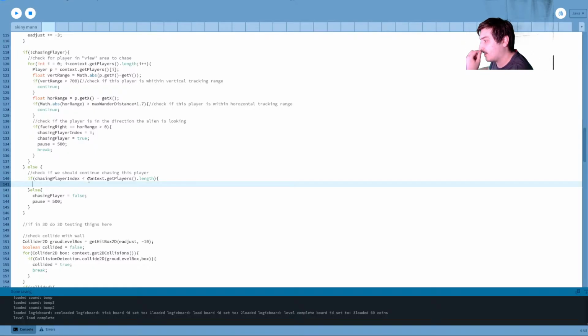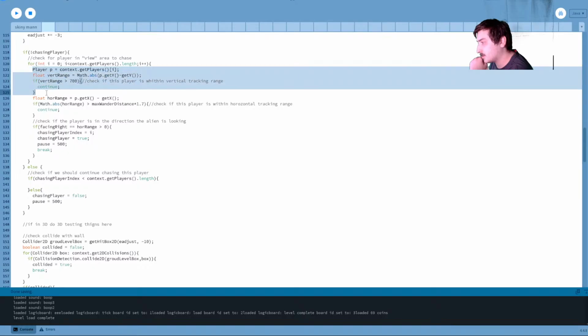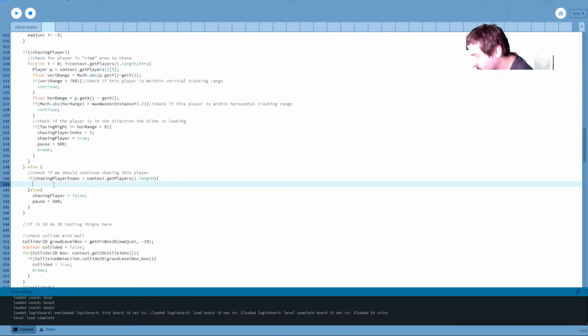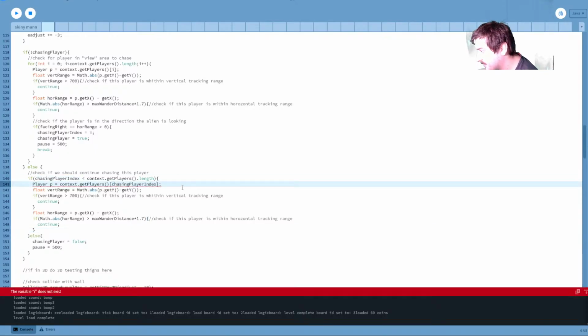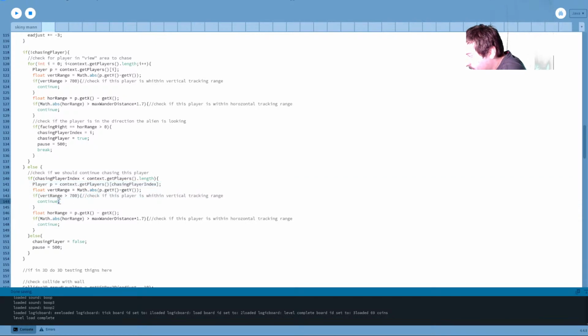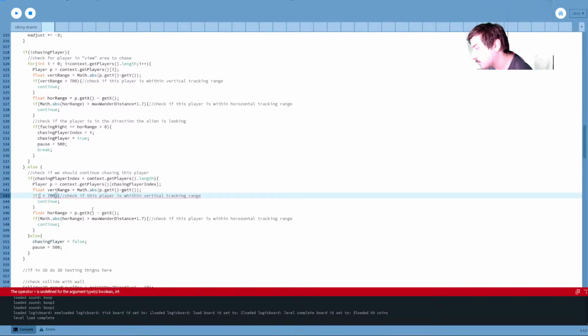Otherwise, we'll do basically a lot of this. This time though, if it's outside the vertical range, we don't continue.